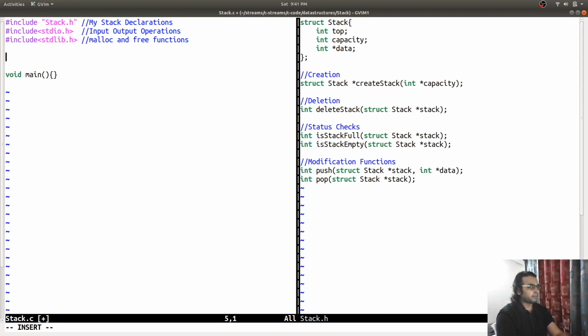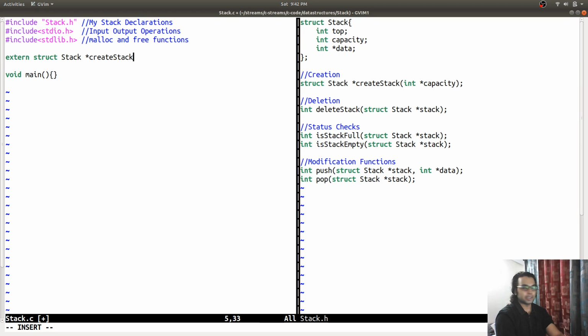So the first implementation is going to be create a stack, and we have to say extern struct stack, because this structure is declared in a different file, that is our header file.